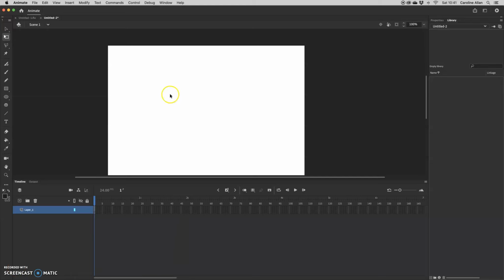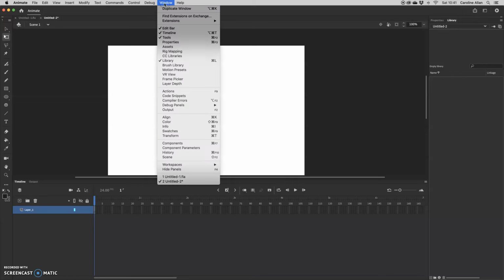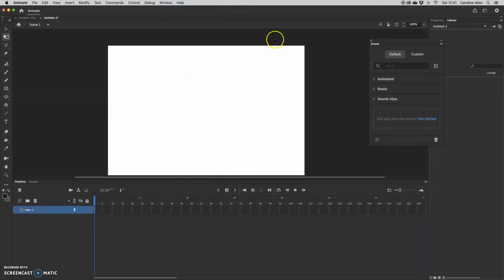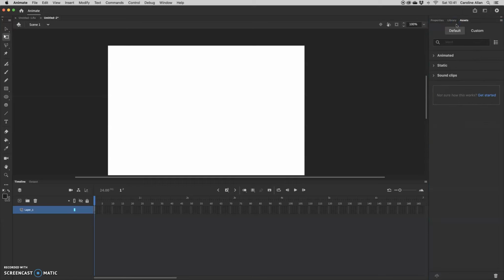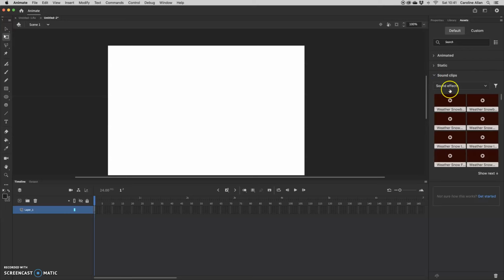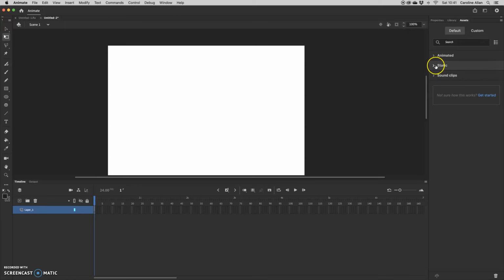There are lots of assets already existing in Animate that you can experiment with. So for instance, here under Window you have Assets. Now your assets, let's just put that there. Your assets allow you to work with existing clips. So for instance, there are sound effects that you can add, and